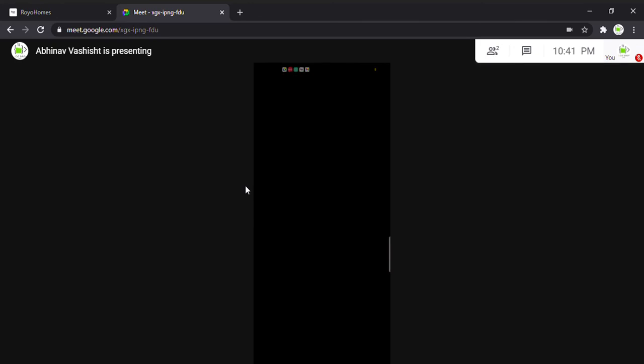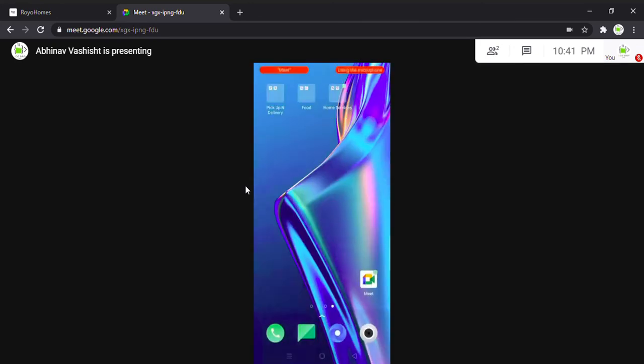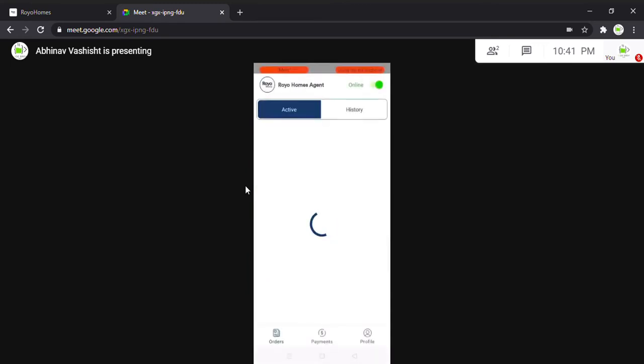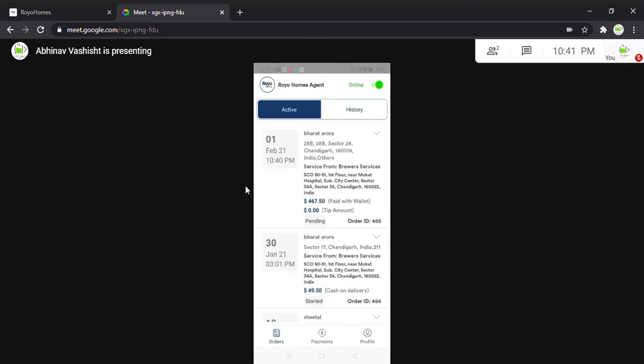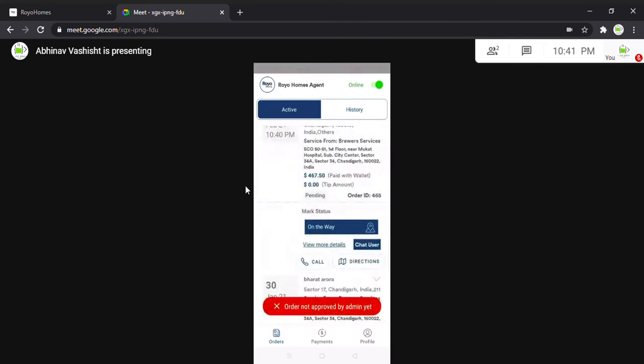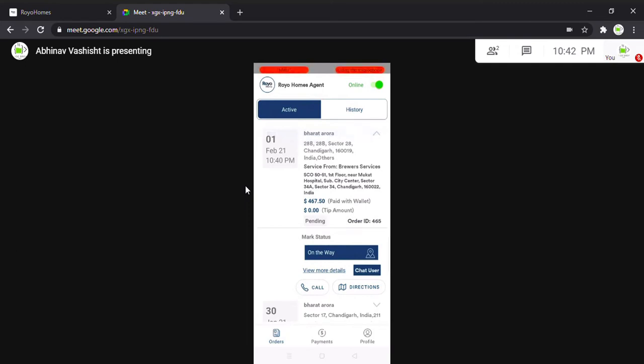Alright, so now I'll be going forward to the agent application. As you can see over here, I got a notification on the agent app, right? So there is an application, there is the order, this order ID 465. I just put in the same over here. So this is pending. I can accordingly just click on it, click on the way. As you can see, we can provide the algorithm that the nearest person, or the person that they have chosen, will be directly getting it, or the admin has to provide.